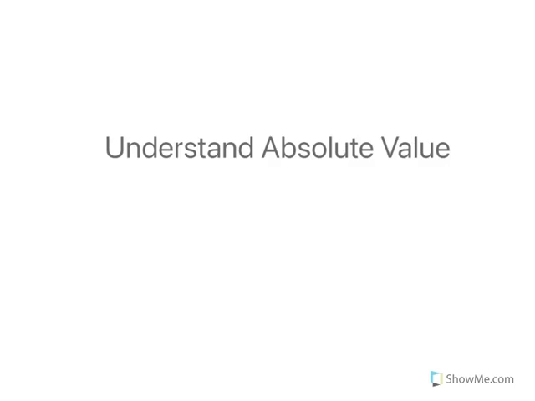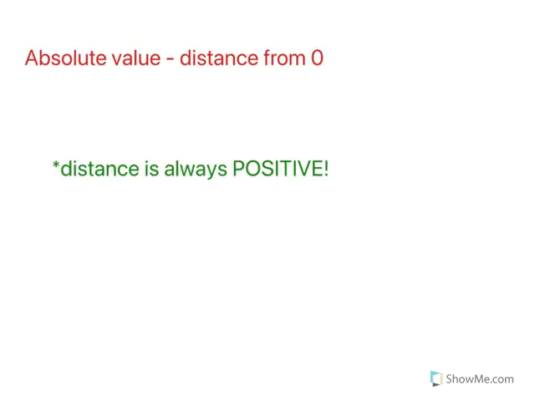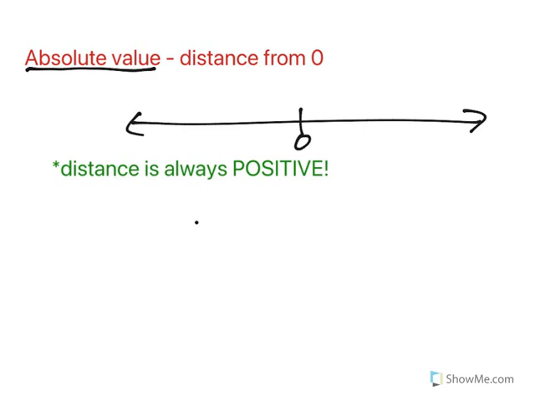Understand absolute value. Now, absolute value is one of my favorite things, and I think that's just because of what it identifies. So absolute value is the distance from zero. So when you're thinking about, let's just say a number line, and here's zero. Let me get some hash marks in here. So if we say zero is our starting point, zero is our home base, and we're traveling distance, well, distance